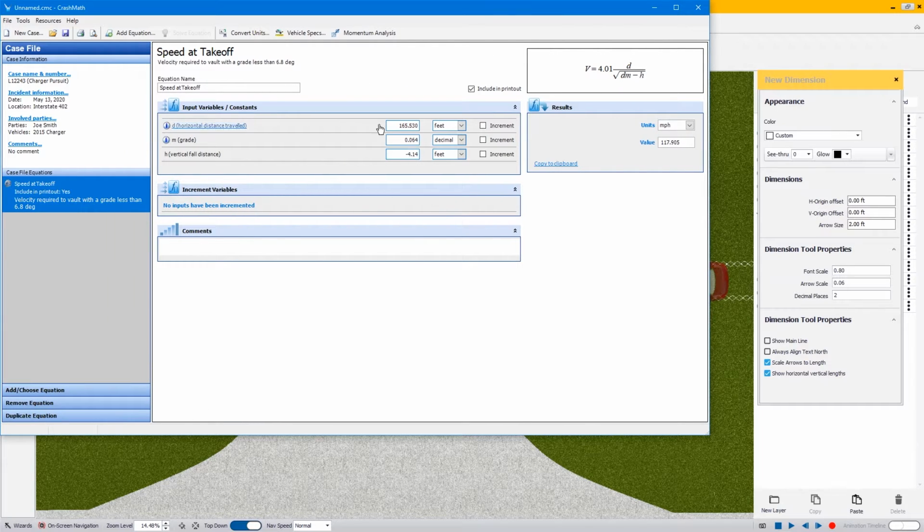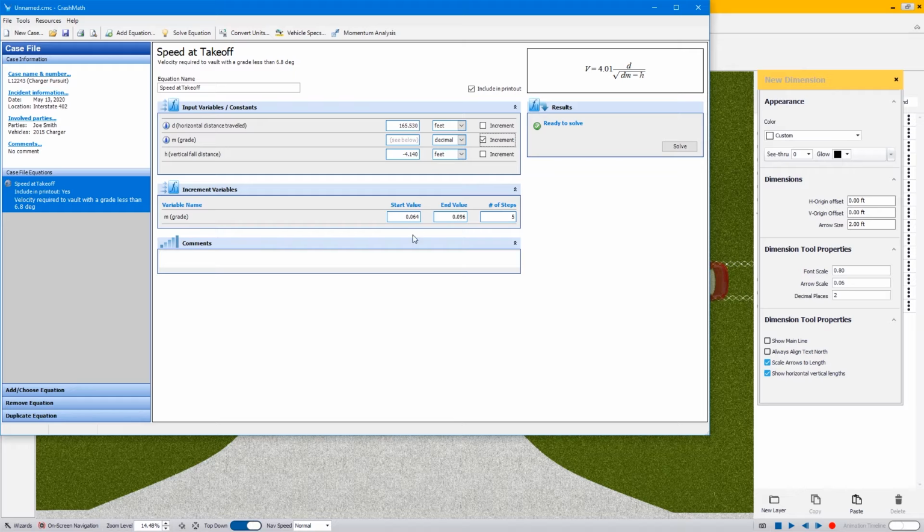Okay, one nice thing about CrashMath is that if you're wanting to give a range of values, you're not just stuck putting one value in, creating another equation, and running it again. You can create an increment. So if you wanted to give a range of grades, you could click on the increment checkbox, and give it a start value of, say, 0.060, and a high value of 0.070,